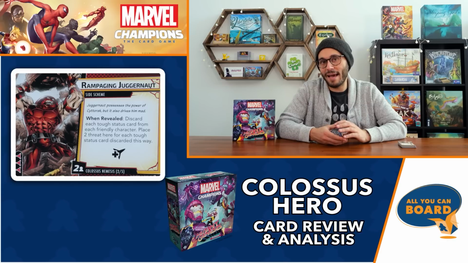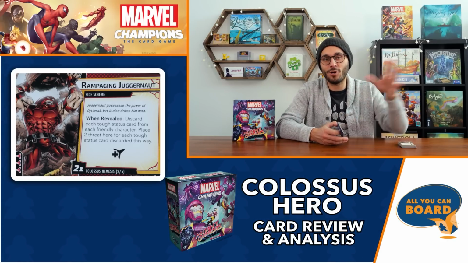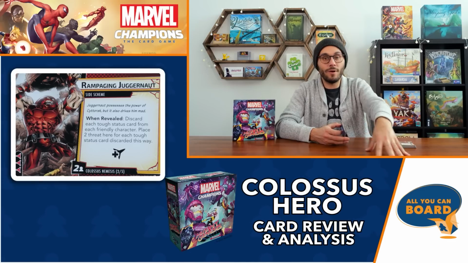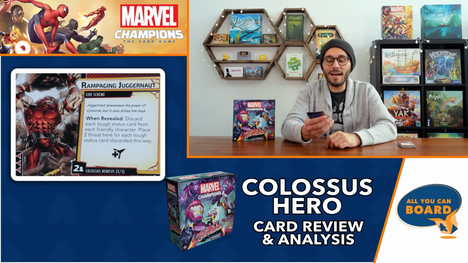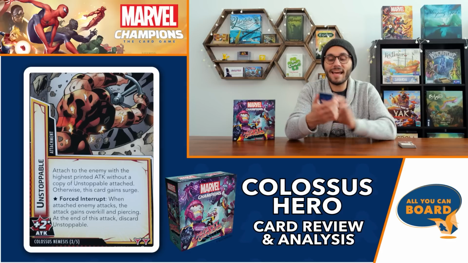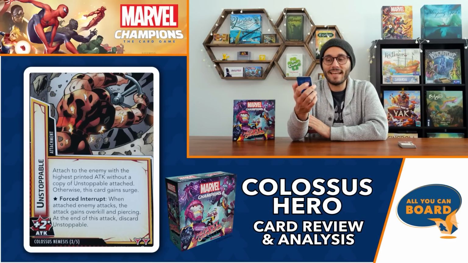I mean, everything about this is bad. It's a really nasty side scheme, one of the nastier ones I can remember seeing, that specifically targets the character who it's tied to, in this case Colossus. Really nasty card. Then we've got Unstoppable, 2 copies, attached to the enemy with